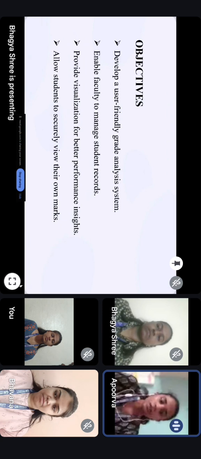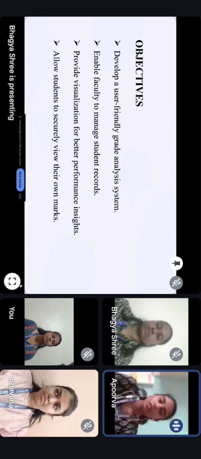Each student gets their own secure login key to view their marks and performance without needing to ask questions every time. So next,